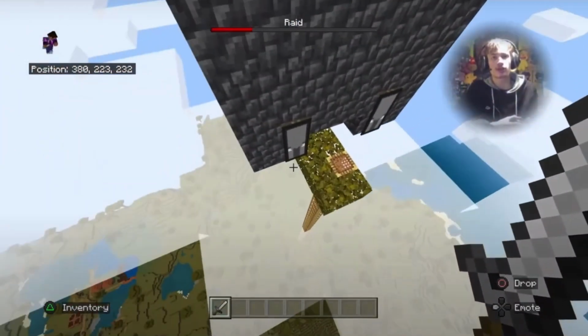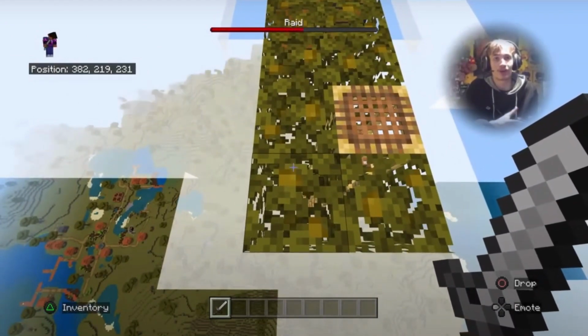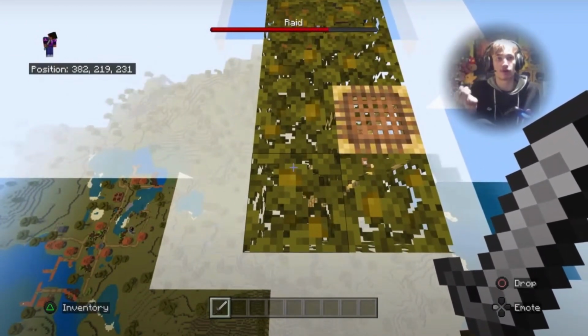Alright, the raid started, but I have to stand on this block. If I don't, the raiders won't spawn. I've had instances where I haven't been standing on the block properly, and the raiders have not been spawning, so...